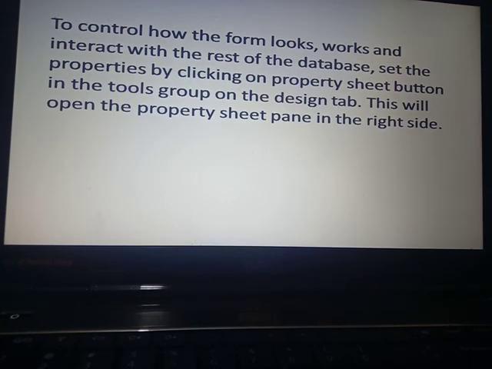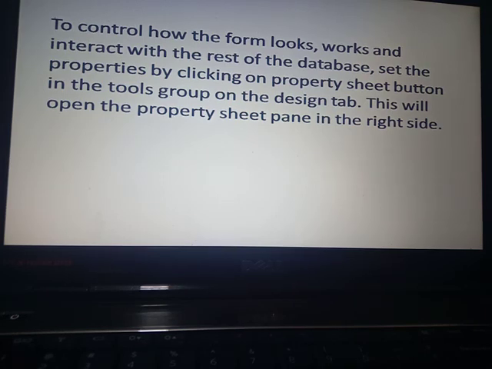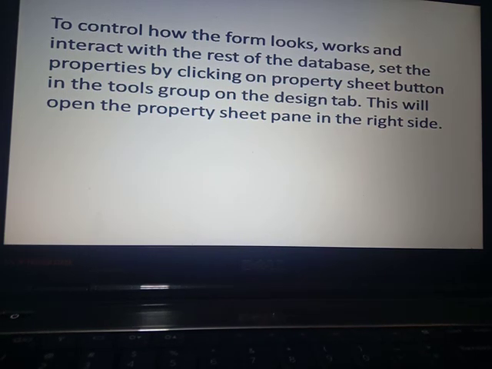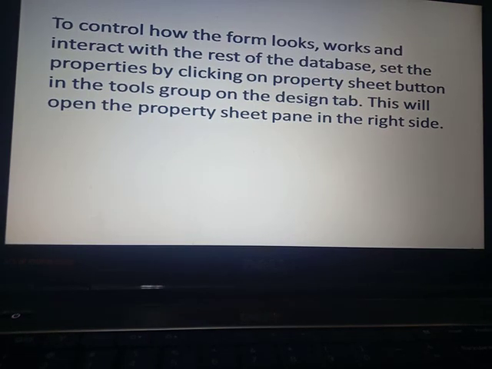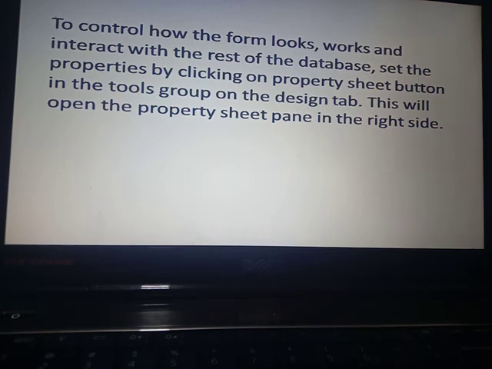After that, to control how the form looks, works and interacts with the rest of the database, set the properties by clicking on the property sheet button in the tool group on the design tab. This will open the property sheet pane on the right side. How the form looks means how you set the form, whatever you want to add in the form.